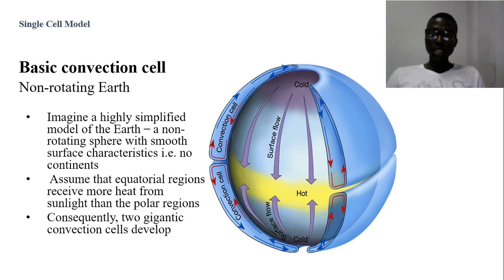To really understand atmospheric circulation, we have to turn to a non-rotating Earth, or the single cell model, where we assume that the Earth is non-rotating. We assume that the Earth is highly simplified, it's static, and it has smooth surface characteristics such as no continents. We'll also assume that the equator receives more heat from sunlight than the polar regions. As such,